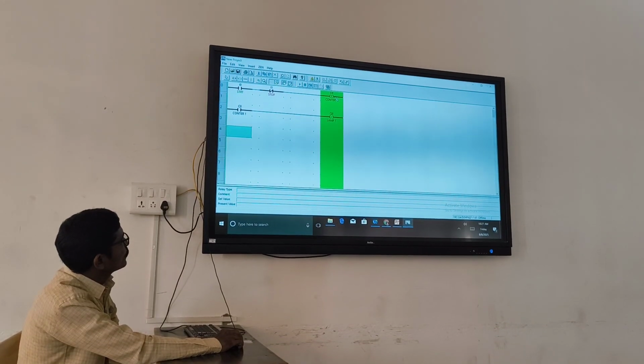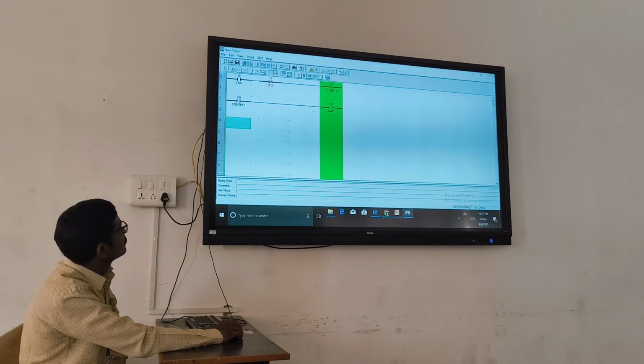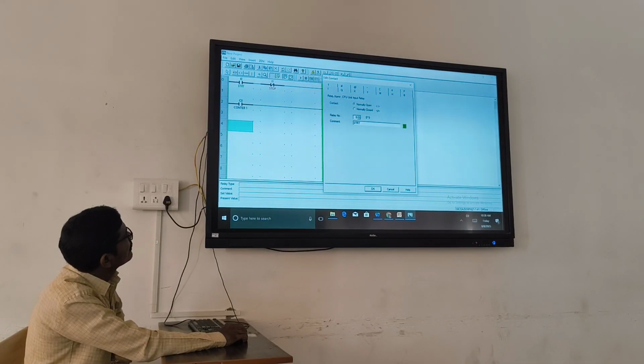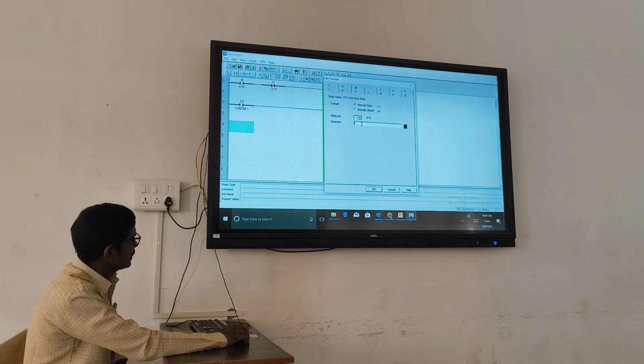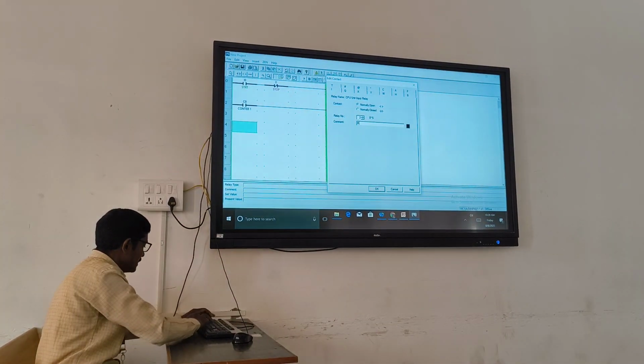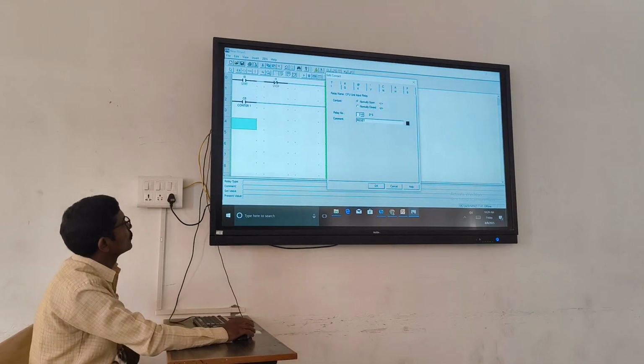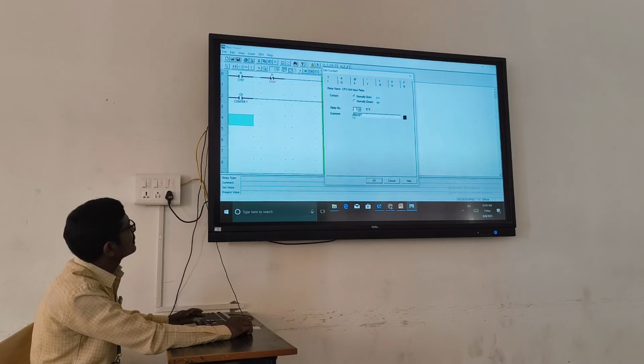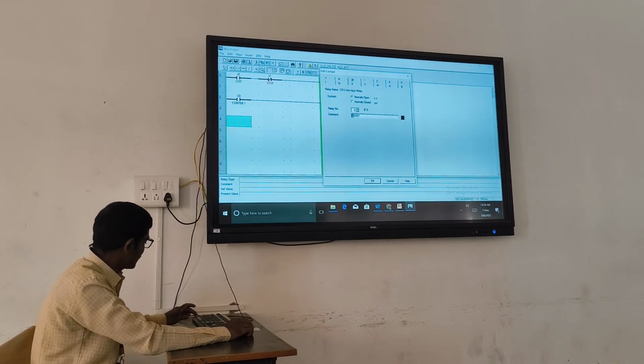For the counter, you have to provide the reset also. Here we are using the reset button to reset the counter. You may mention it as count reset.